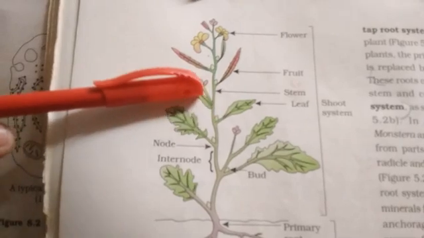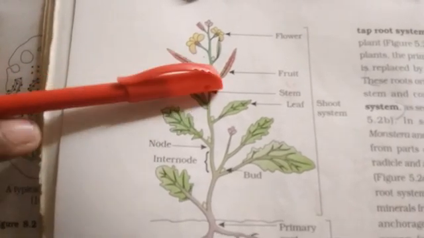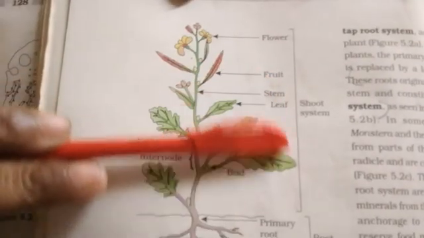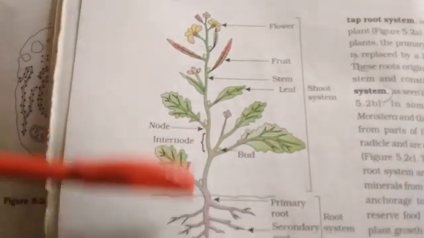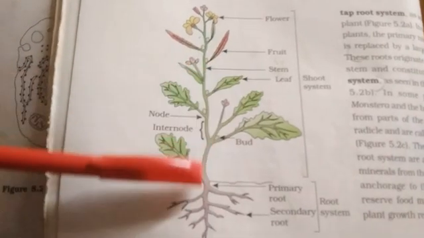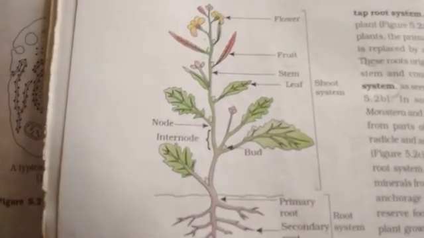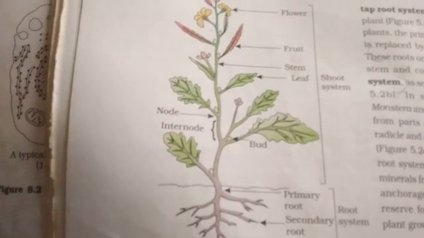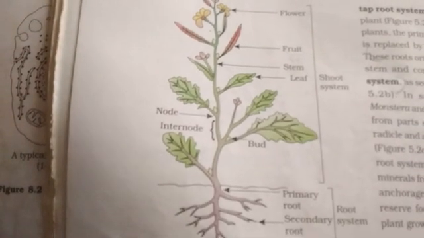Clear? It also bears flowers. It also bears fruits, the flowers, birds, etc. So that forms the shoot system. Clear? And you have to draw the whole plant and label all the parts. Clear? I am keeping it here. If you want, you can see. You have to draw it. Clear? And label all the parts